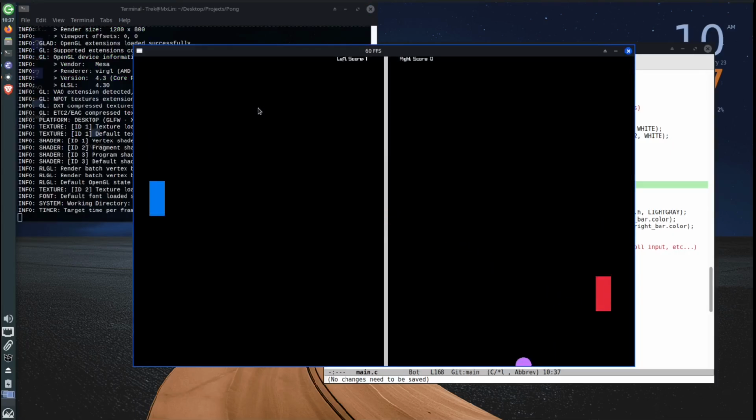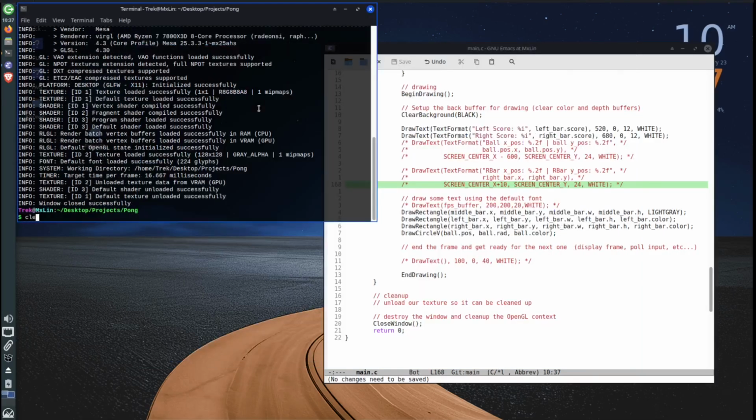Sadly, I have this collision issue with the top. I'm not really sure how to handle that. I think there is a way, but I just don't know that way. So it is what it is. Anyway, in this video now,